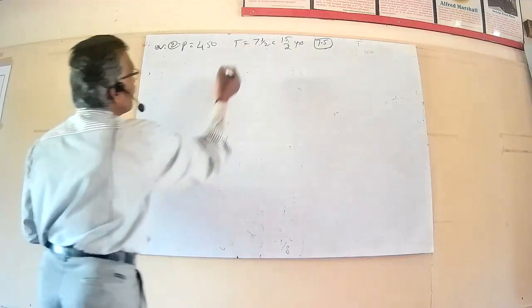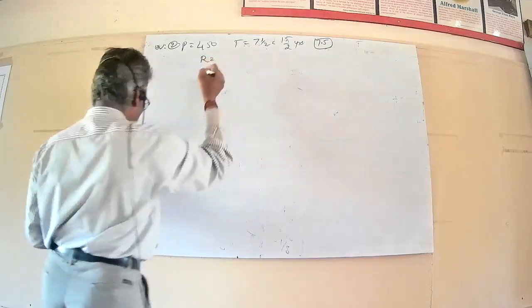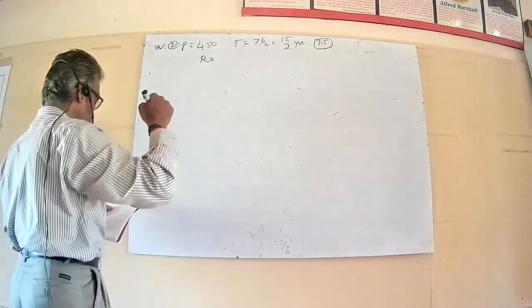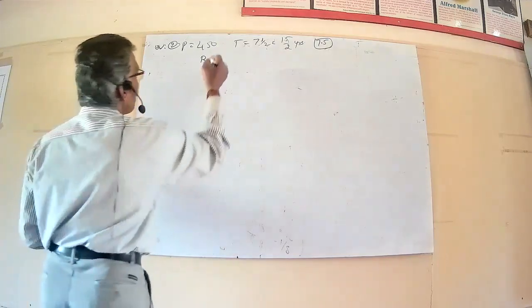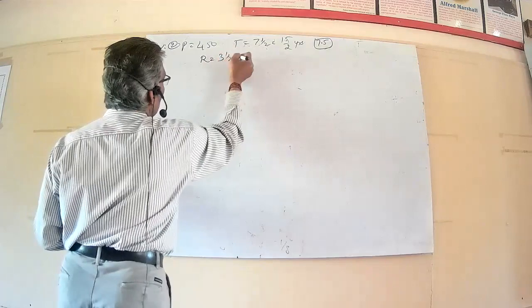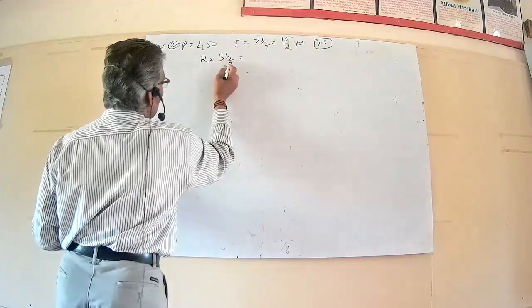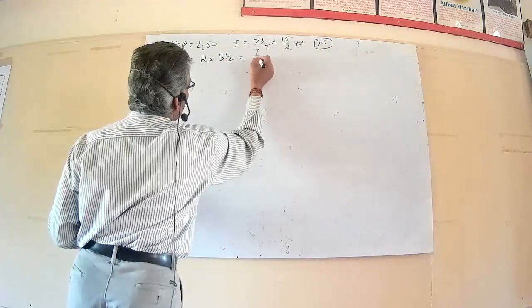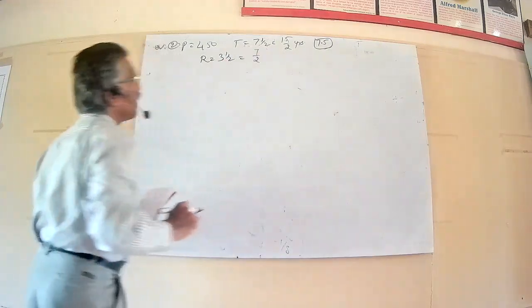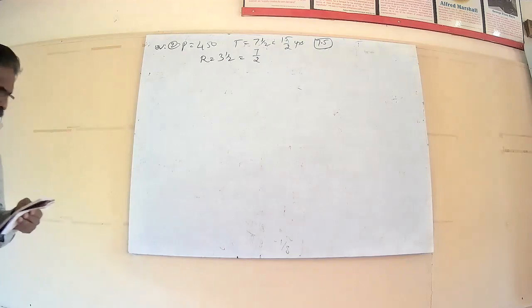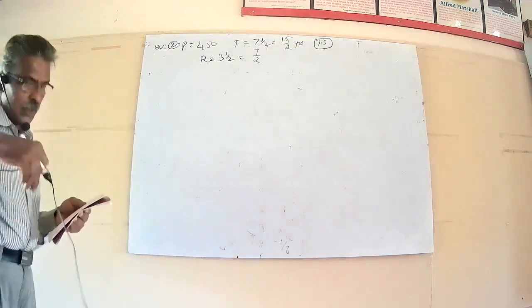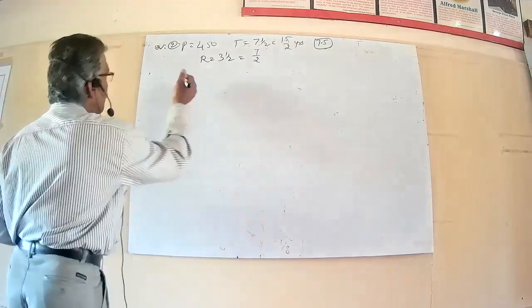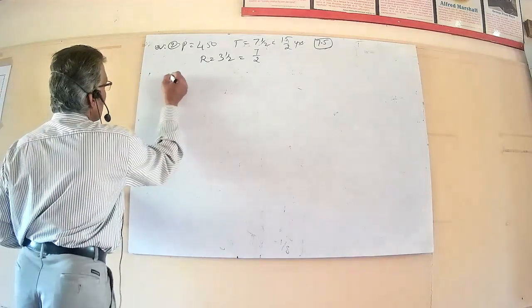So R, rate of interest, equal to 3.5. R equal to rate of interest is 3.5. 3.5 equal to 3 into 2 is 6 plus 1, 7 divided by 2. Now compound amount equal to, we know that